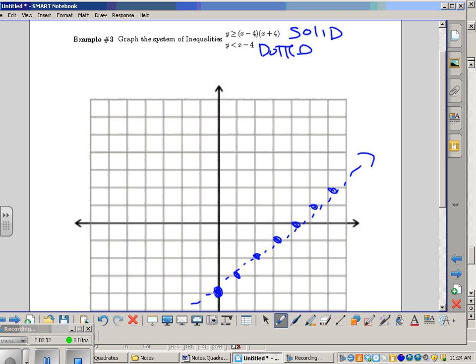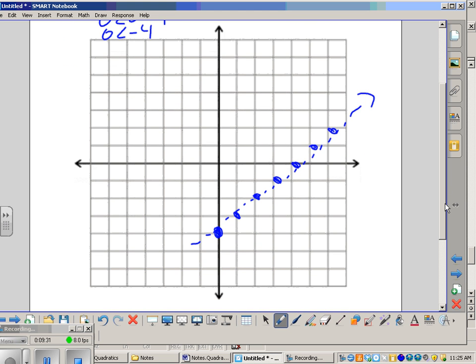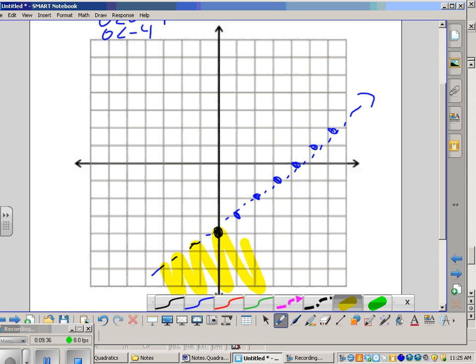Okay, and so now let's do a test point. Let's test 0, 0. Is that a true statement? It's not true. That is completely false. So we are going to shade away from the false statement. So let's shade down here. Okay. Is it killing some people that I didn't fill in all the little shading areas? But